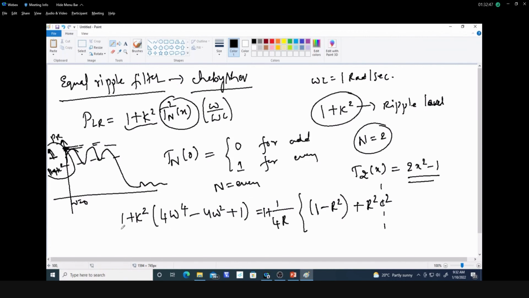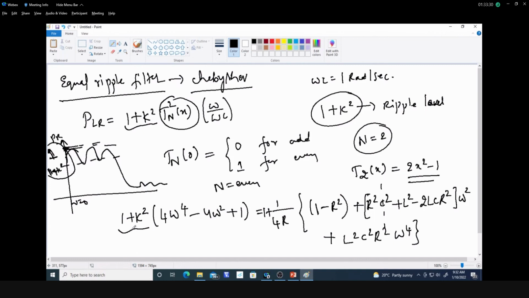Where we get the terms as r square plus l, r square c square plus l square minus 2lc r square, into omega square, plus l square c square omega power 4. We have designed this earlier also and arrived at that. We need to equate it to this one. If we equate that, then we can solve for the ripple level. So for the known values of R, L, C, we are going to get the ripple level.